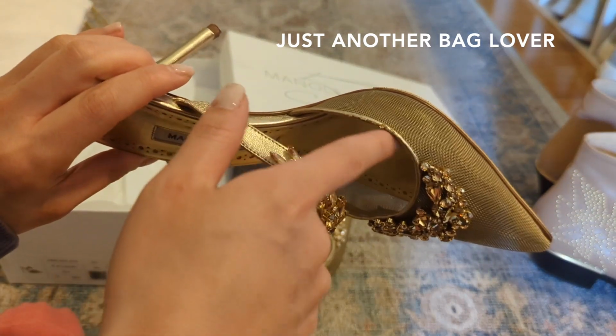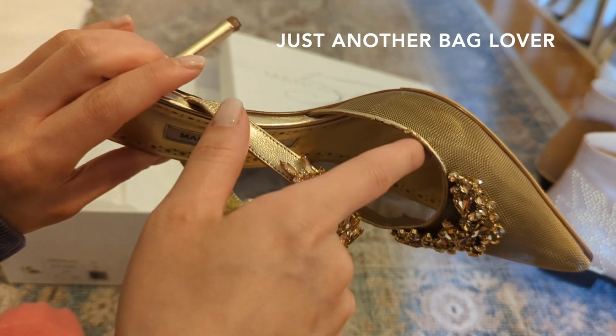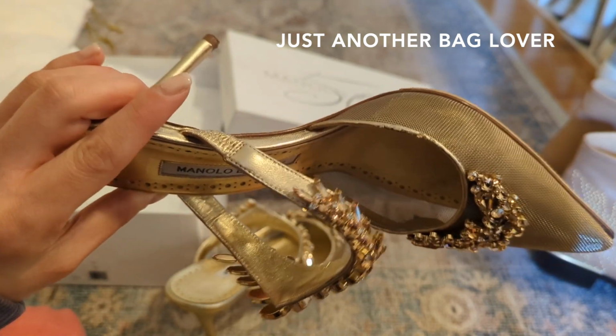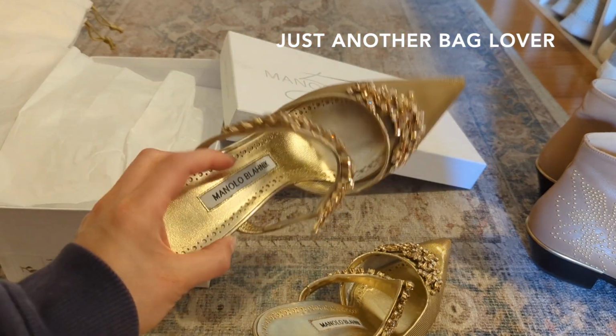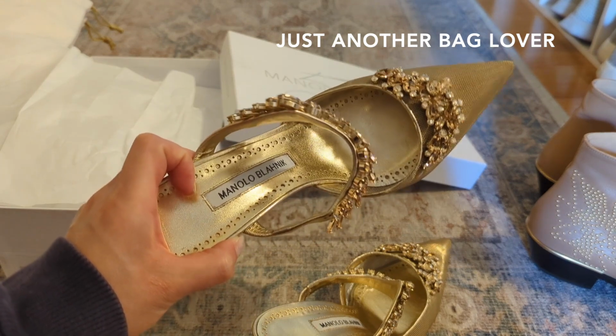And you can also see, oh, this is definitely a lot of wear and tear, like right here. So if you have the satin version, I'd be curious to know what your wear and tear has been, but at least the gold mesh ones, I can't say that they were really worth it, to be honest. I don't know. I guess it depends, right? They're so beautiful and they bring me such joy to wear, even if they are painful. But at the same time, it is a little bit of a bummer that there's so much wear and tear